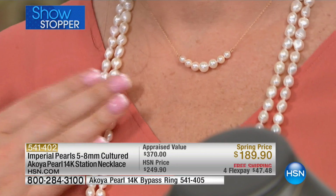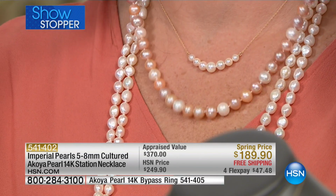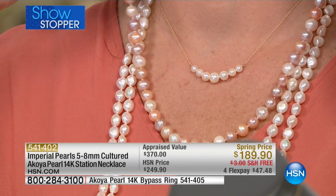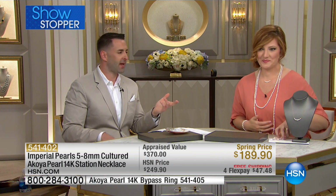If you stick with me, for all of you who picked up the beautiful multicolored pastel pearls, these are all natural color, these sold out. Look how pretty if you want to layer that within there. So this is the way this piece can be layered. It's simplistic and beautiful all on its own. It gives you lots of versatility. It gives you versatility, and to your point, this is a piece